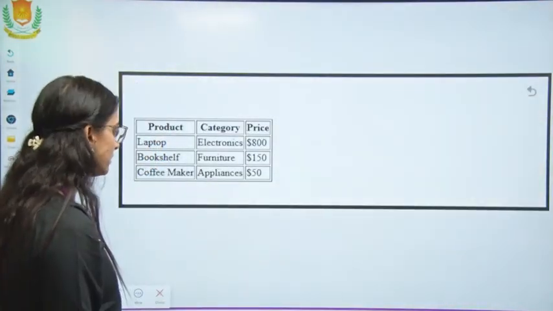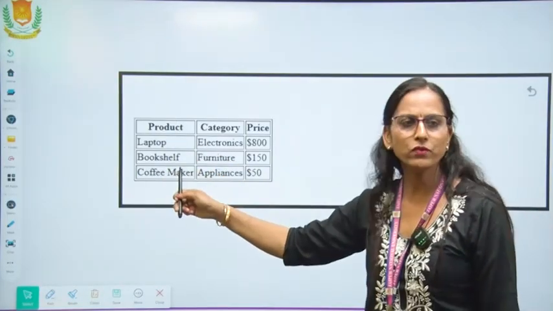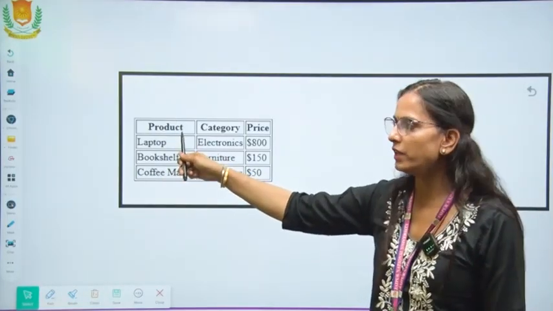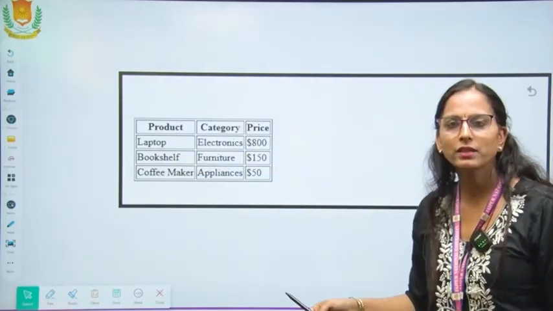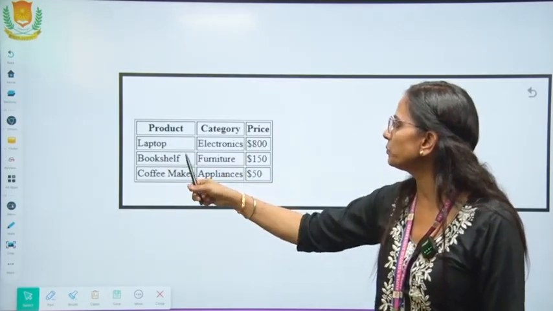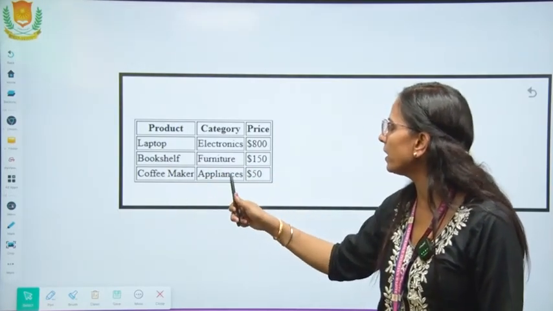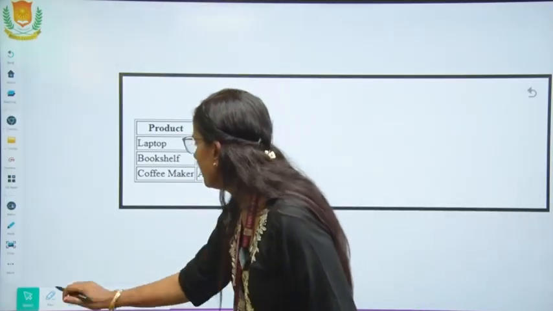Now see what is the output of this table. We specified 4 rows. First is the header row. In the header row, product, category and price are written in bold letters, and laptop, electronics, price, bookshelf, furniture, coffee maker, appliances will be considered as the table data.